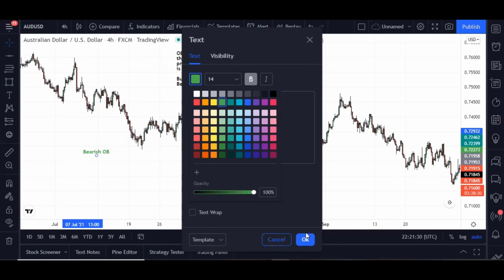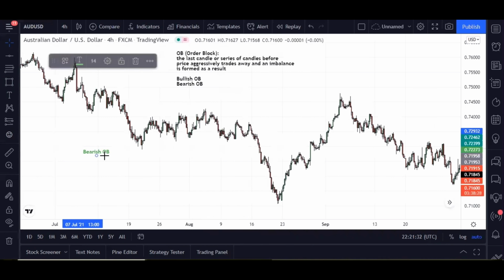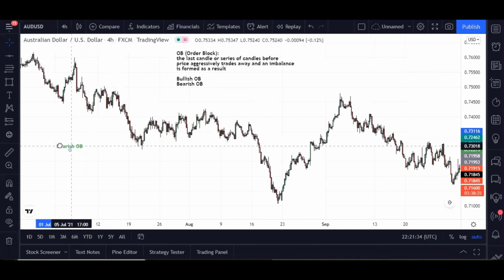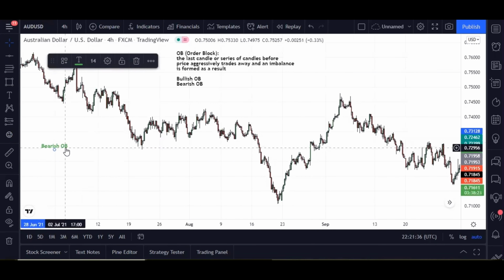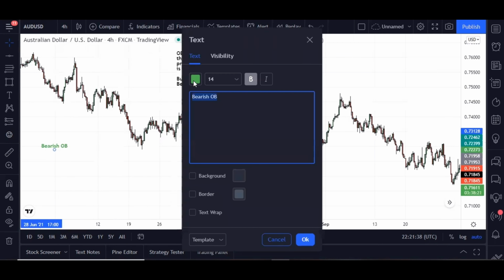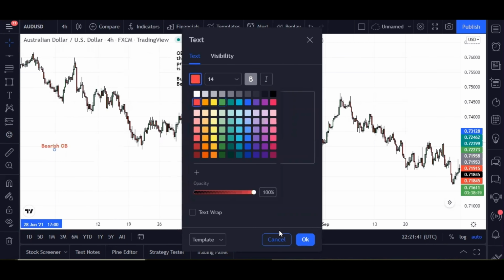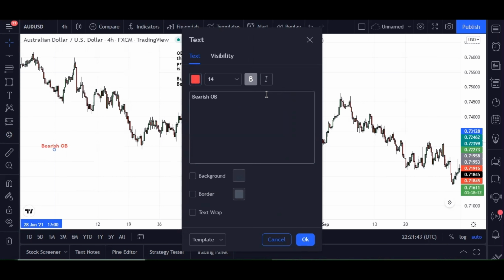I'm actually going to make this red, because the bearish order block is